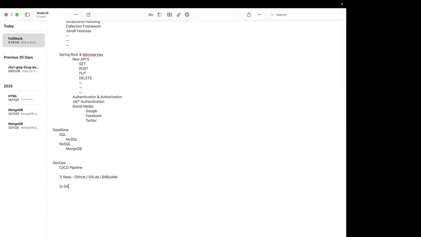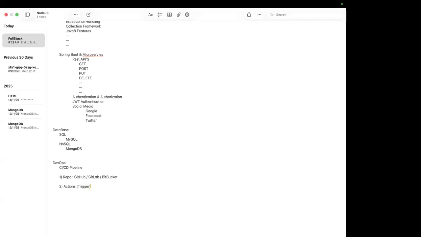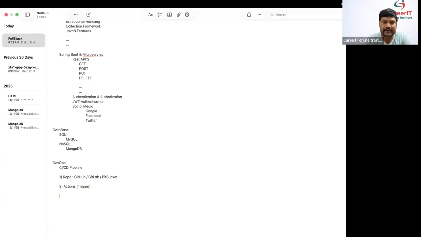Fine. Another thing is that I need to discuss GitHub Actions, like repository actions, triggers. After that, we go for one more CI/CD tool, Jenkins. Then another tool, Docker. Then one more tool, Kubernetes.